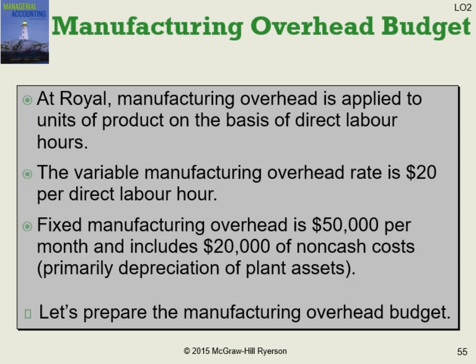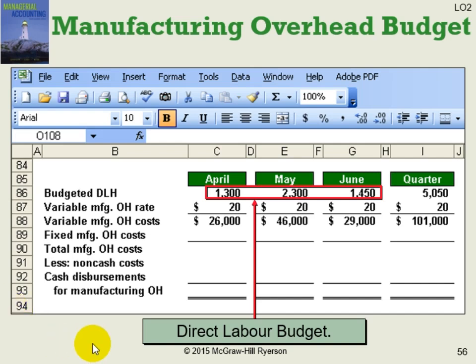The depreciation is just an accounting allocation of the cost between periods, or inter-period allocation of the cost. So the manufacturing overhead budget looks like this. We have the budgeted direct labor hours taken directly from the direct labor budget, and the